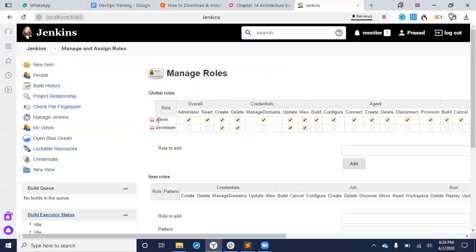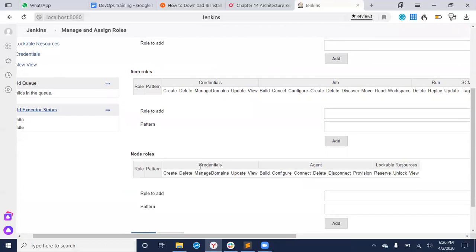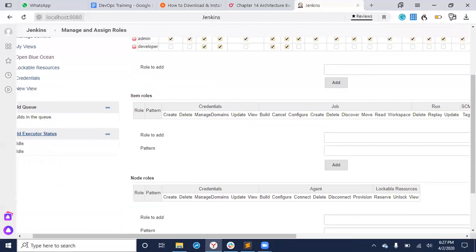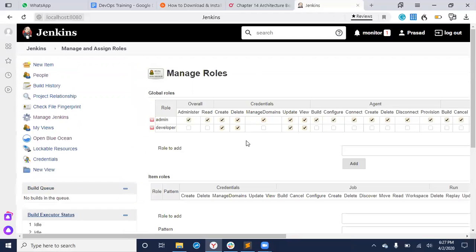Okay. So admin is there by default. I just created a developer. You can give any name. Just click on add. Once you click on add, you will see like this screen. I just created few roles like create and delete credentials, update and view. If you are not sure, don't even need to do this. This is just for understanding. And some of the screens in Guru 99 is very old because this is the latest version of Jenkins. They might use some project roles kind of thing. Once you think you have done, just say save. If you have not understood this specific portion, you can just ignore it.